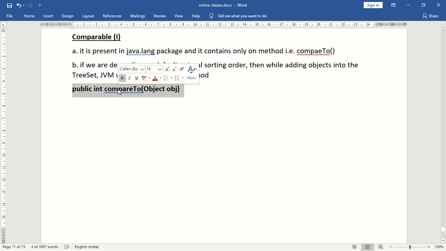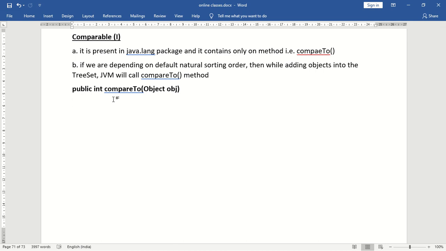Observe this method prototype carefully. To compare, minimum how many objects are required? To compare we require a minimum of two objects, but this compareTo method is taking only one object. So where is the other object? Look at that prototype carefully. What is the type of this compareTo method? It is a non-static method.